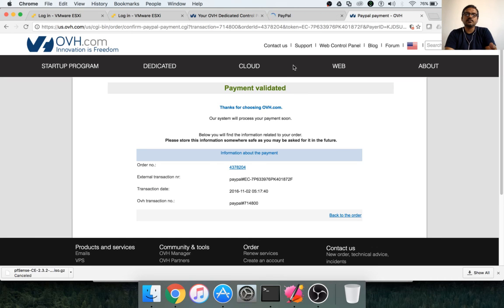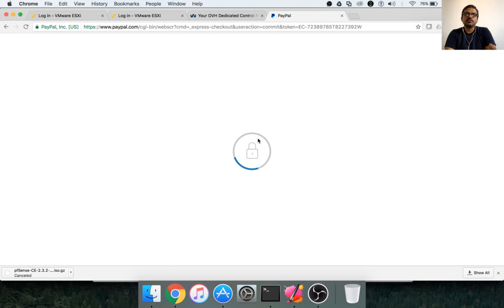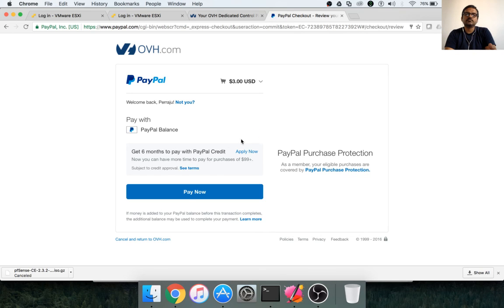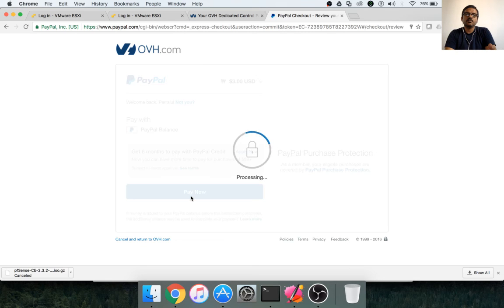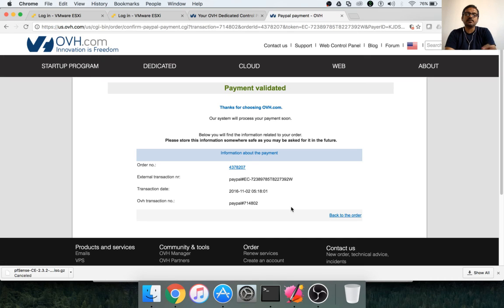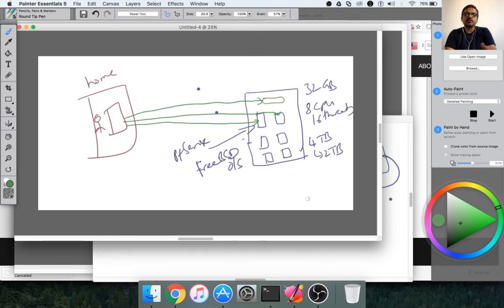This is done. This is also almost done. So we have placed an order for 2 public IPs. One will be used for pfSense and the second one will be used for one of the virtual machines, which will act as a gateway